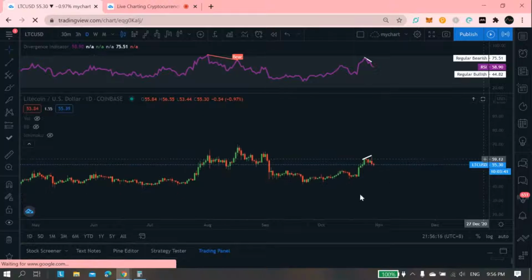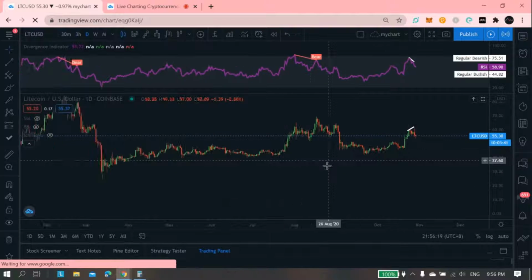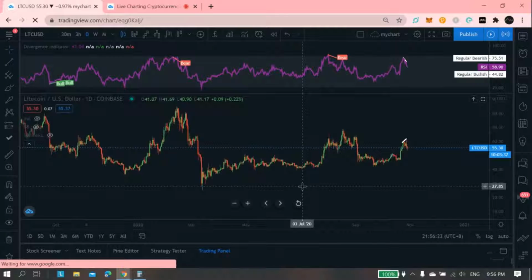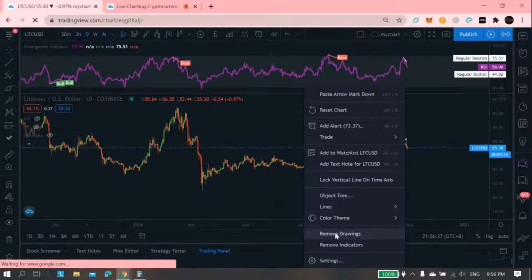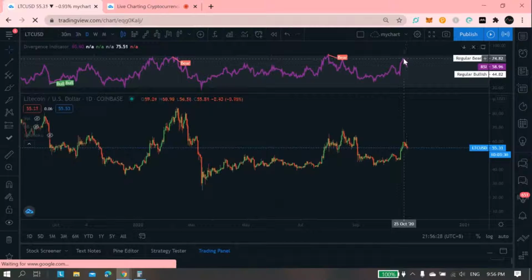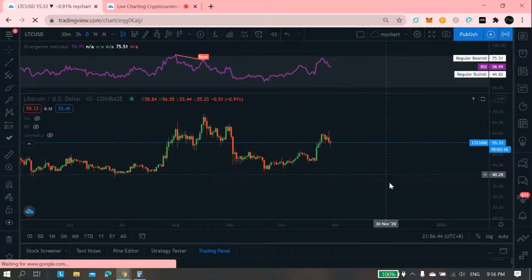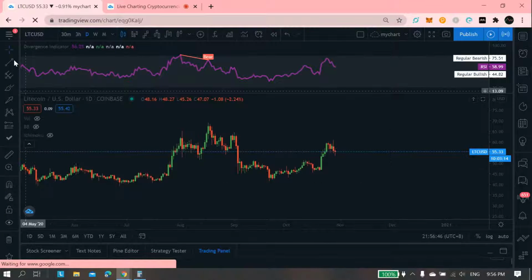So anyway, using this daily time frame, it went as high as a divergence of 75.51 before it went lower. So using this candlestick alone,